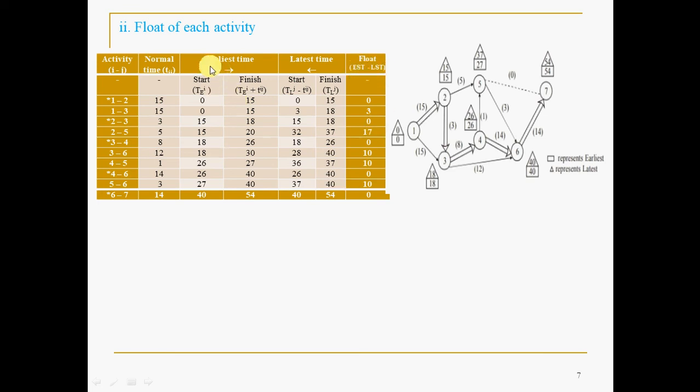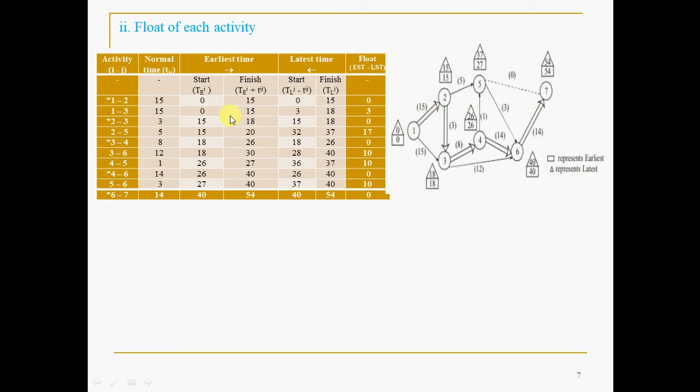So this is simple: earliest start time, earliest finish time. This is matching with the square box values. First, take this 0, 15, 0, 15. See, the formula is given. Ti, for 1 to 2, means the value at the ith node, that is 0 always for the first node. And how did we get this 15? You have to add this, nothing else. So like this 0, 15, 0, 15, 18; 2 to 3 you can check, this one and this one. This is very similar to the concept that we discussed in the other way.